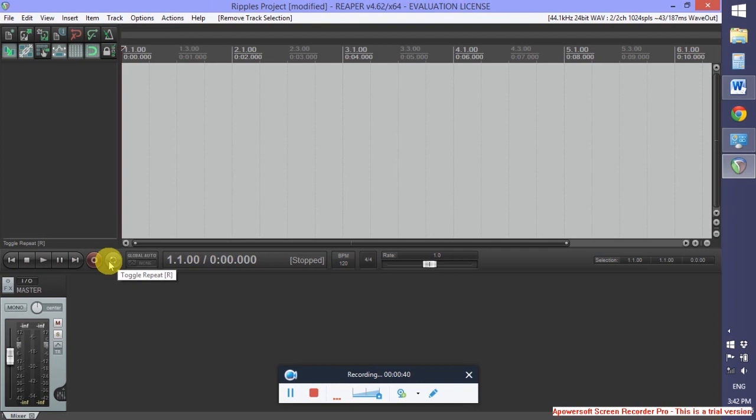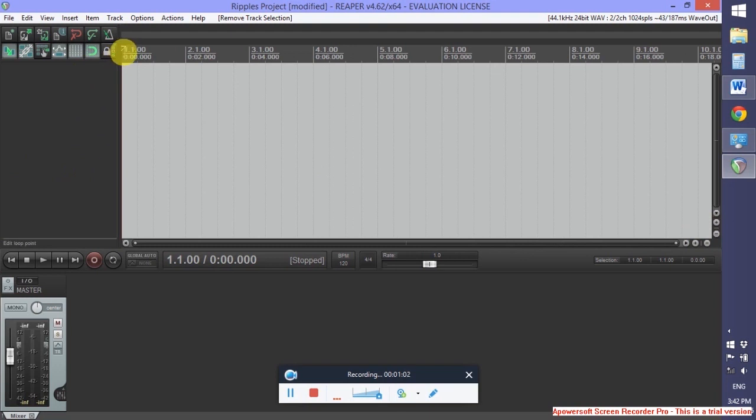Next to this is the timer in bars or time, and the tempo, your time signature, your zoom in and zoom out buttons, and this is your timeline up here. Over here you have a variety of tools. We won't be using all of them, but as we do use them, I will direct you to what they are. The main ones that you need to know about right now are your metronome,